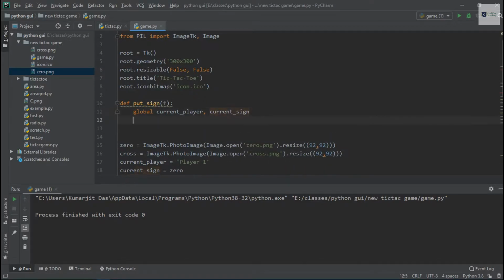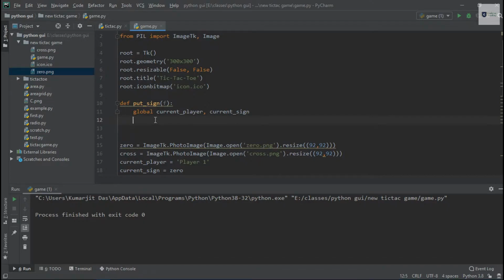Okay, so let's go further. If we click on any frame, this function will be called, and this function will put the current sign image in the clicked frame.